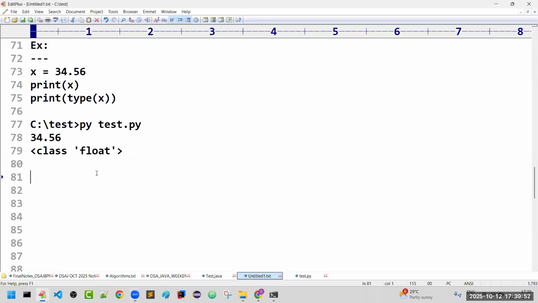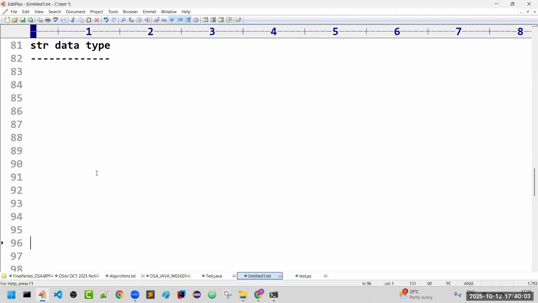Right. So the next data type is the string data type. What is meant by string, and how are we going to represent it? We will see. A string means anything that we have taken within double quotes.